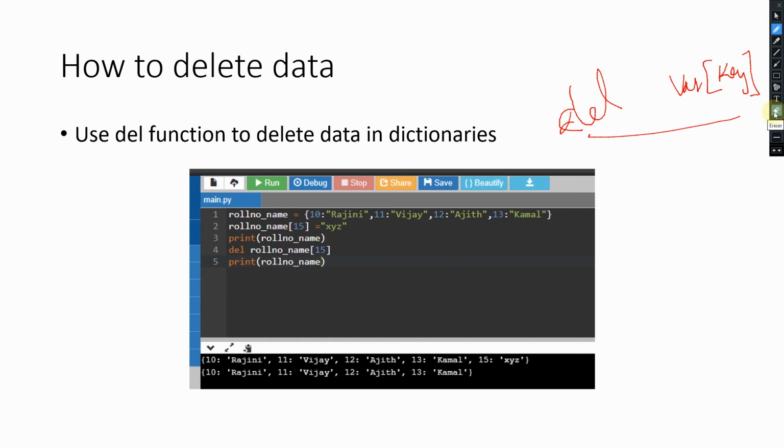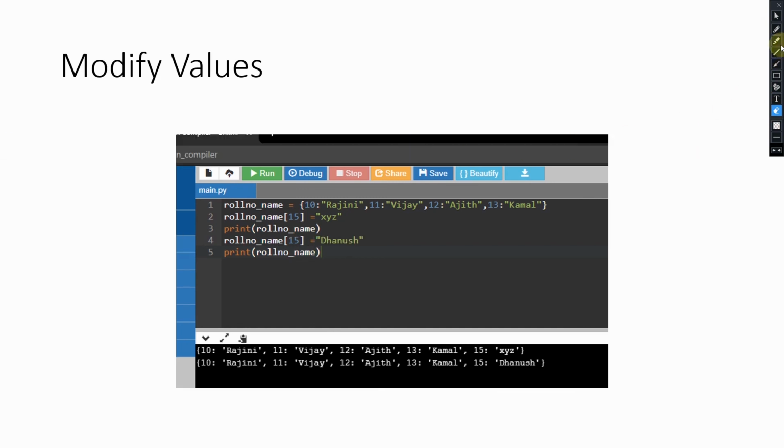In the next, we'll see how to modify data. Modify is the same as adding new data into the variable, just that here I'm adding roll number name 15 xyz and printing it. After adding a new key and value, I'm getting this output, and after that I'm updating xyz.